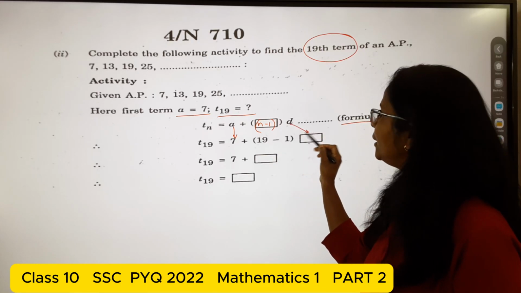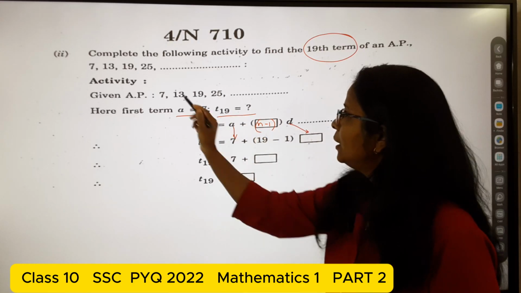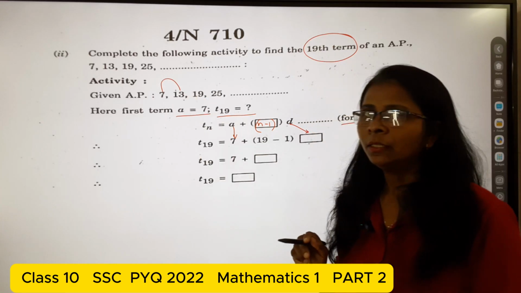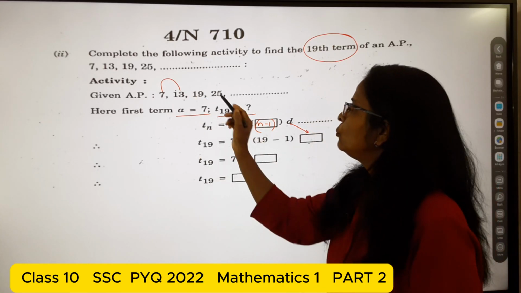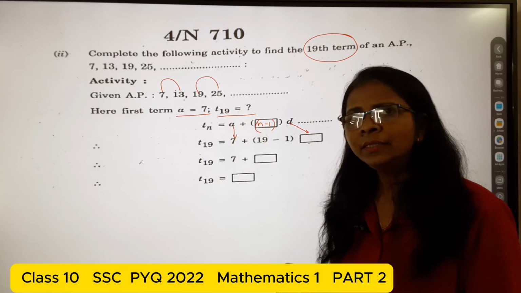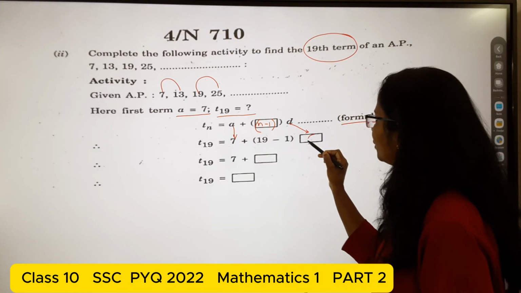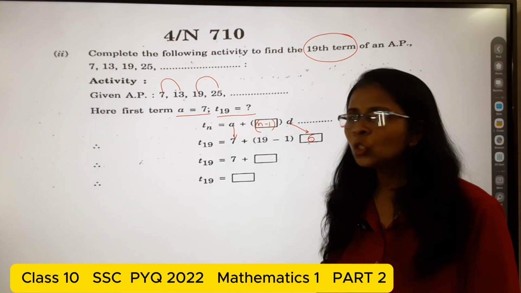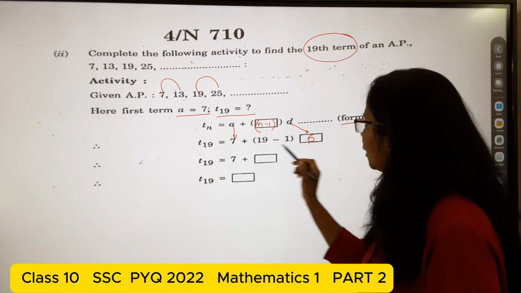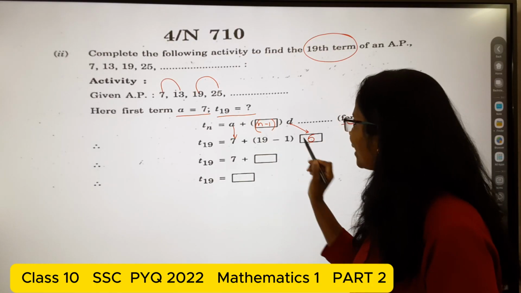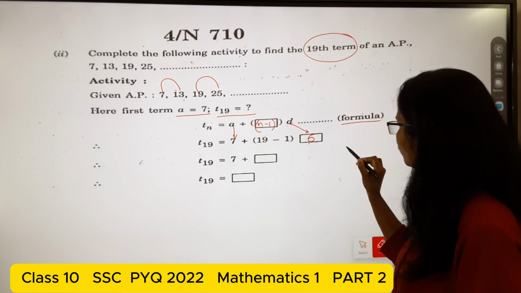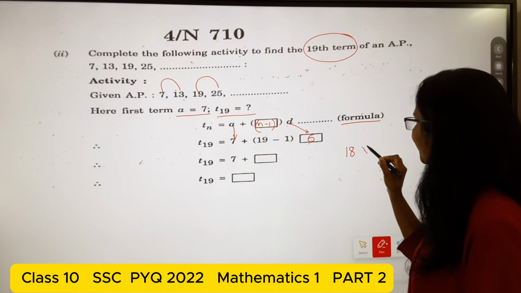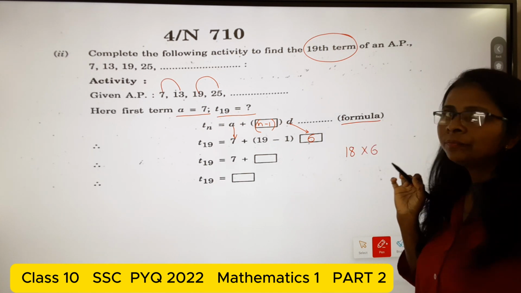And what is the D? The D is 13 minus 7. Do 13 minus 7 or you do 25 minus 19, the same answer, that is equal to 6. Then here 7, then 19 minus 1, that is 18, and 18 times 6 are